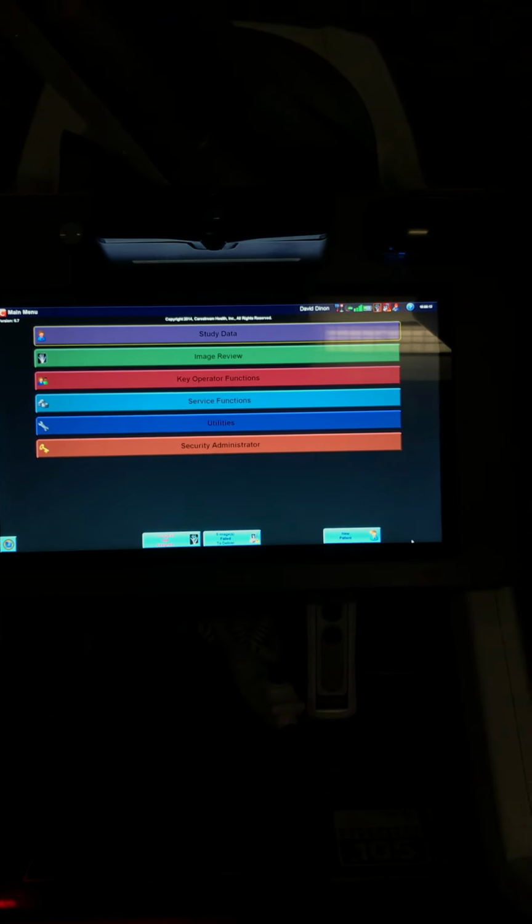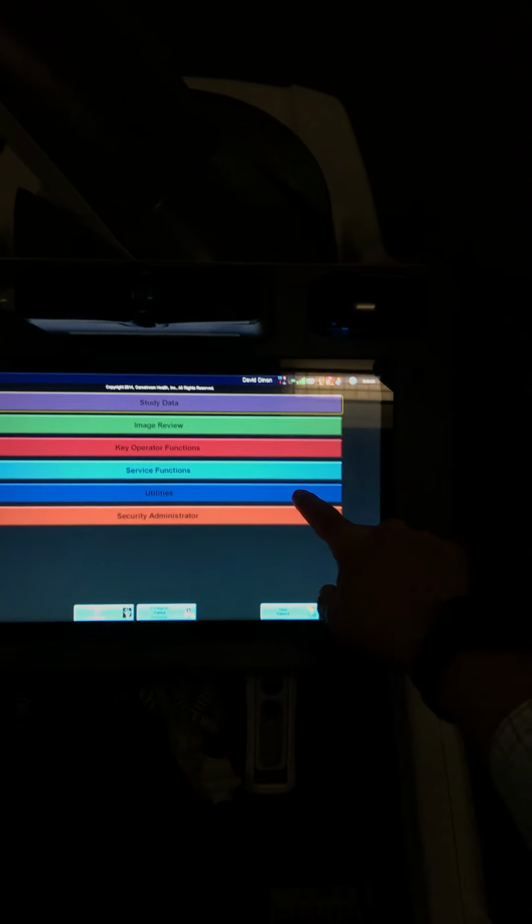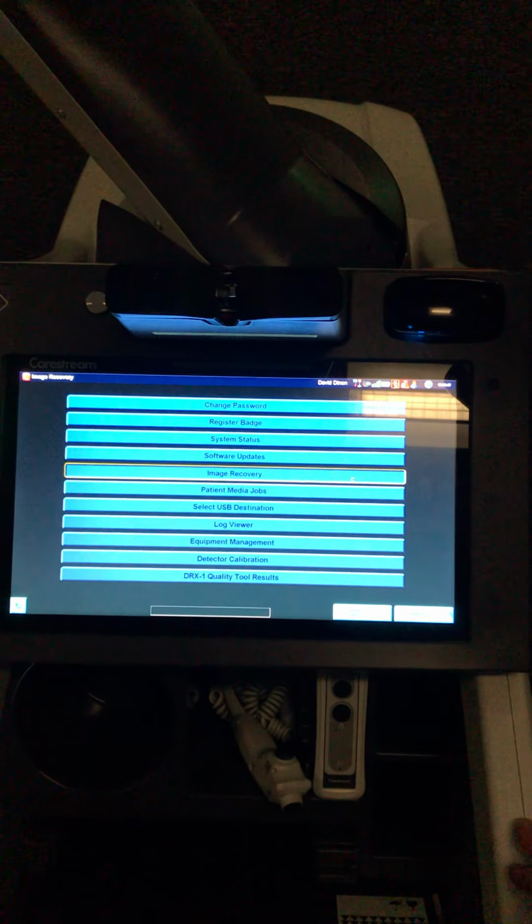Hi, people ask me how do I find a patient that I've already rejected. We can have a look in the utilities file, and if the tech has access to rejected images, you will have rejected images here selectable. This particular site doesn't have it activated, so for them they need to go to image recovery the old way,